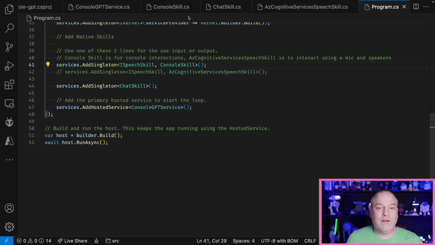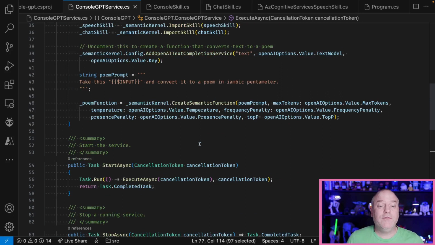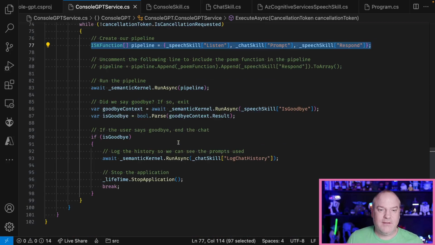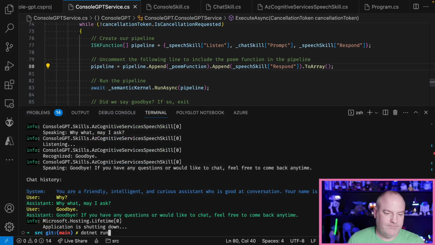Now what's cool as well with these functions is I can implement these functions as prompts. So rather than write code to do something, I can actually define a function that is in text and then send this prompt to the large language model. In this case, I've got a poem function, create this function with a prompt, take some form of input, and convert it to a poem in iambic pentameter. So if I put this in my pipeline, it'll take whatever is the result of the previous function call, drop that into input and send it on. And so if I add that to my pipeline and then run this,